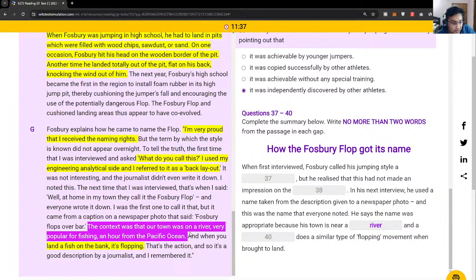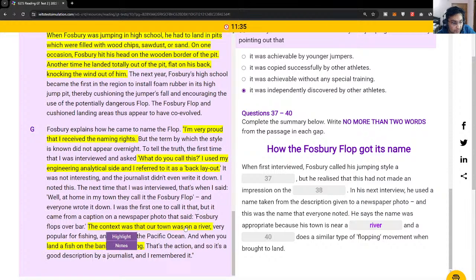The context was that our town was on a river, very popular for fishing, and far from the Pacific Ocean. So it's not close to the Pacific Ocean, near a river of flopping, and a fish does a similar type of flopping movement when brought to land. So we're stuck with 37 and 38. 38. What is